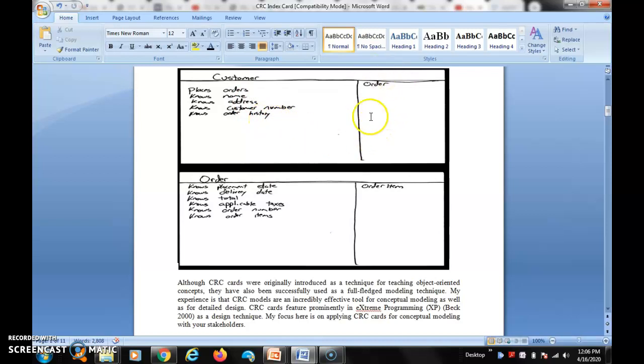Finally you are going to place an order. First, customer is a class. This is for responsibility: place order, knows name, knows address, knows customer number, knows history of the customer. Here the collaboration is ordering an item online. This is a simple way to make a CRC card.